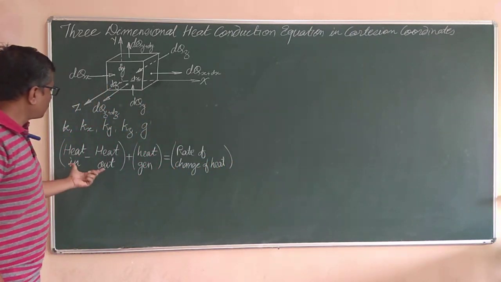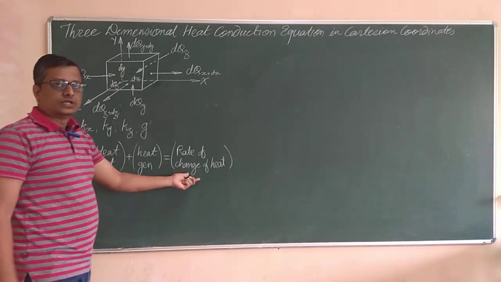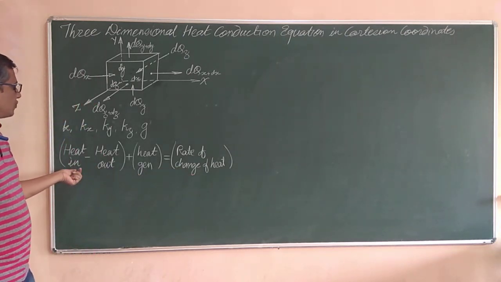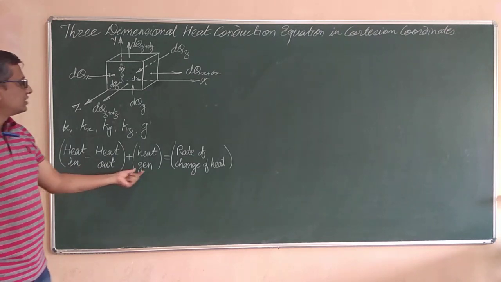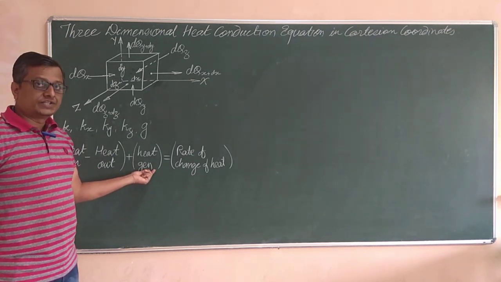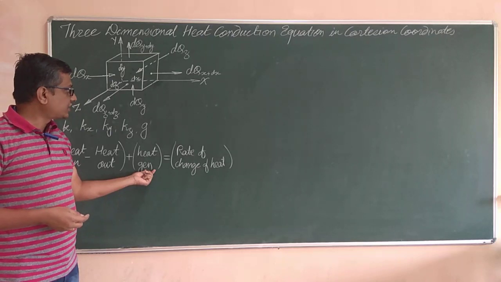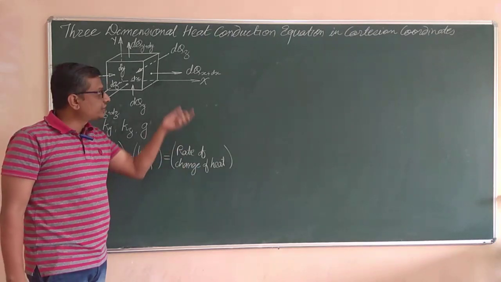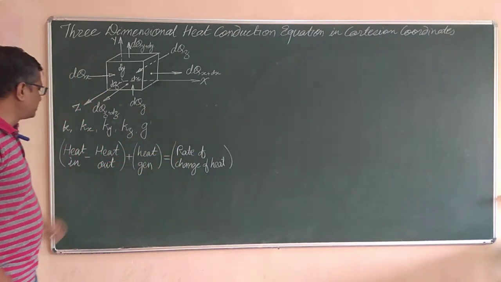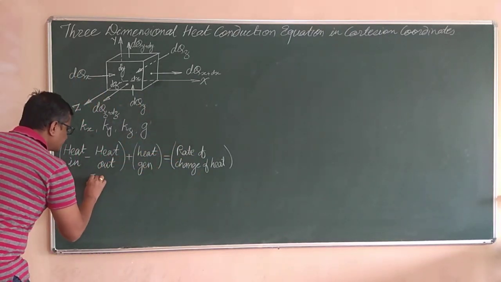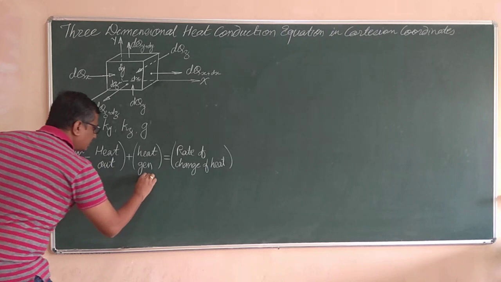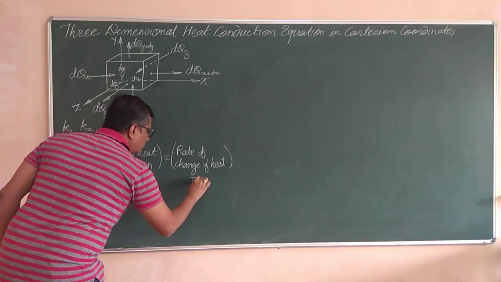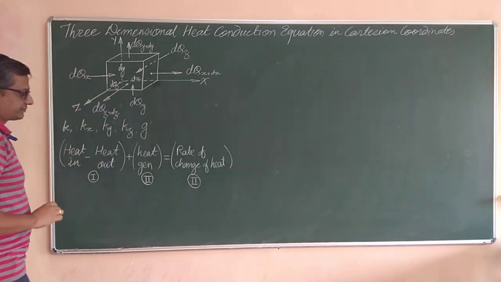Now we are going to take down one by one part into consideration. We will find out how much is the magnitude of the net heat accumulation due to flow in and flow out of the heat. Then we will see what is the total heat generated within that given volume, and it has to be equal to the rate of change of heat energy of that particular element. And these 3 different parts we are going to take down. Let us say this is part number 1, this is the second part, and this is the third part. So one by one we are going to take it into consideration, right?